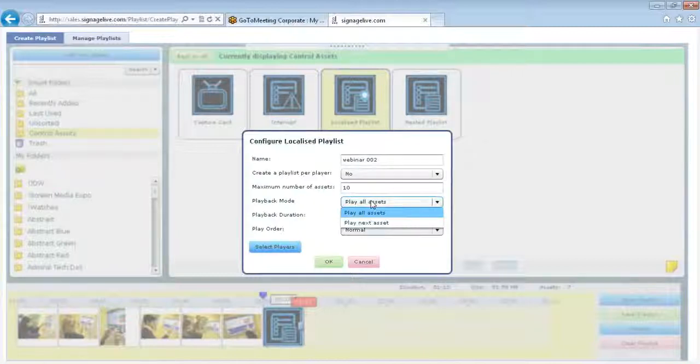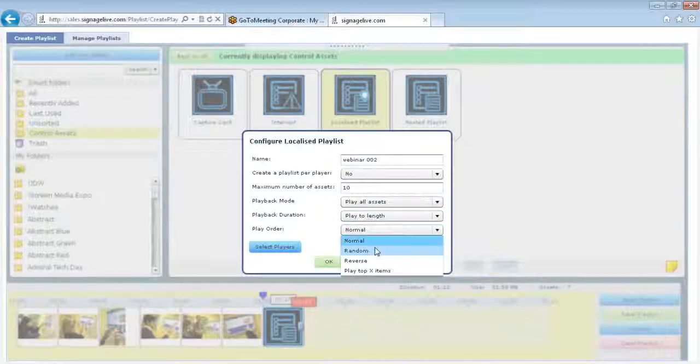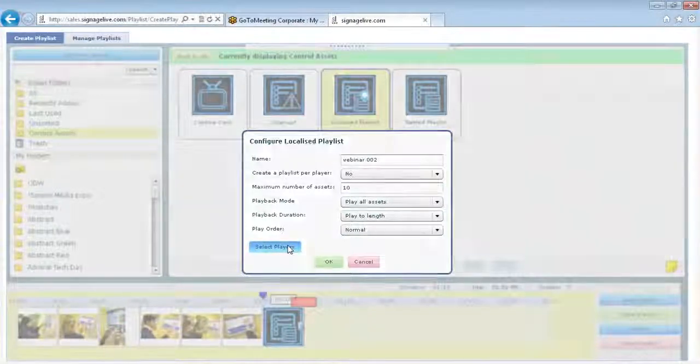We then need to select the playback mode, so we can get it to play all of the assets or play the next asset. Playback duration, play to length, or play for a set duration, and then the playback order. So you've got normal, random, reverse, or play the top X items. And now what we need to do is select the players that this localized playlist will be played on. So if I hit select players,